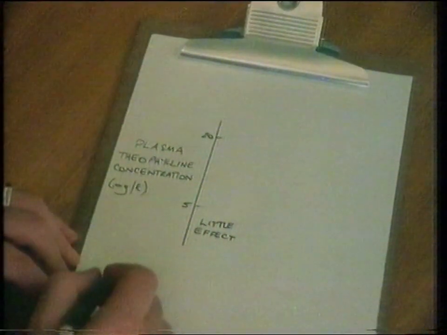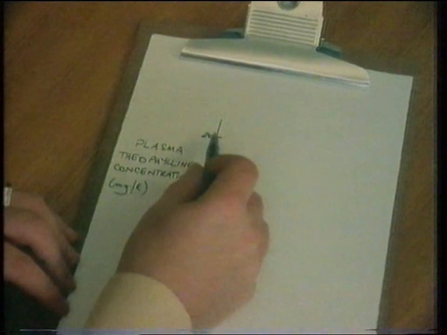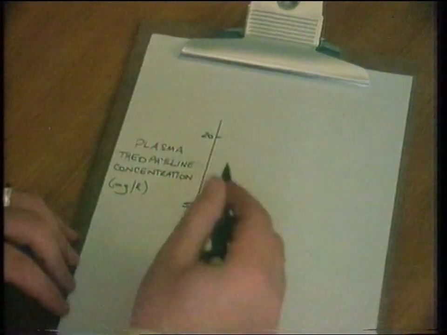So we can now define ranges of concentrations in which we're interested. At plasma concentrations of less than 5 milligrams per litre, there is little effect. At plasma concentrations above 20 milligrams per litre,